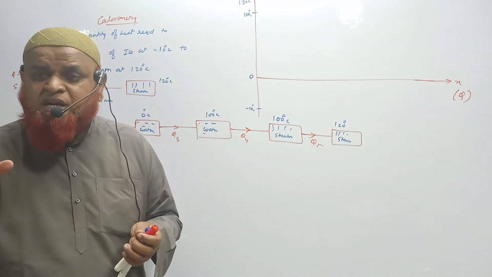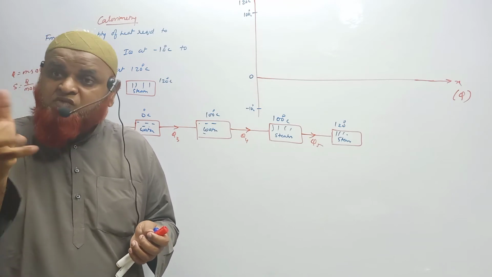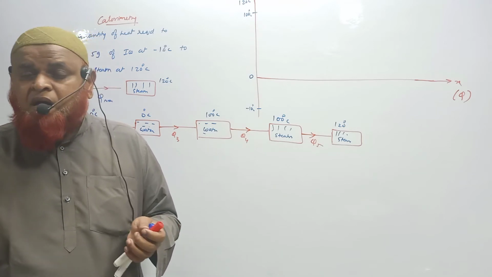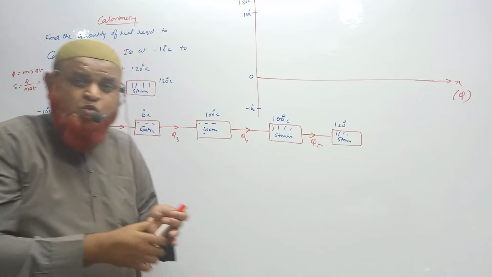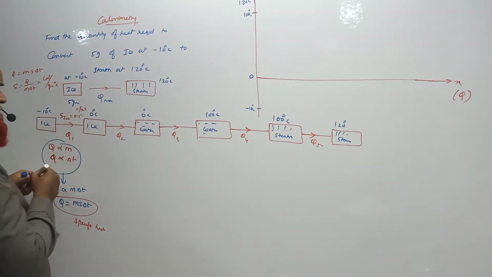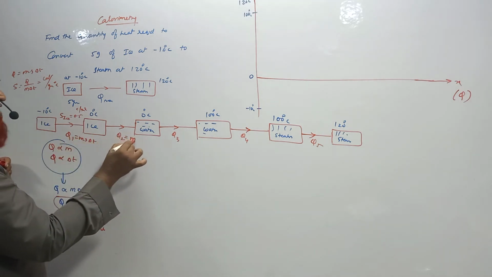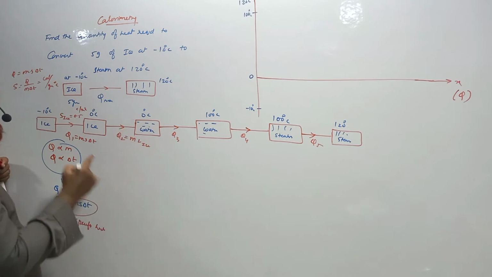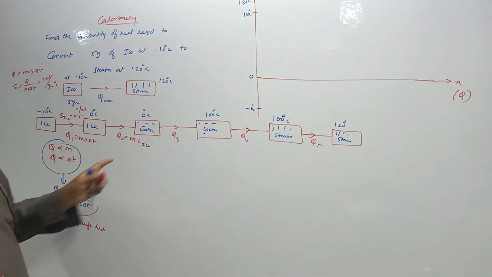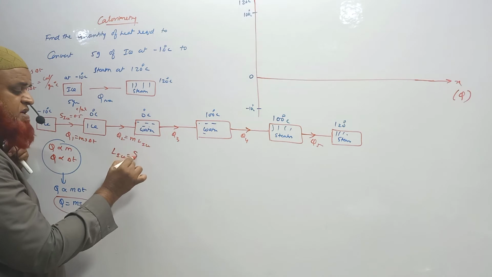Because whatever the heat you are supplying is not used to raise the temperature; it is used for conversion of ice into water. During this conversion, the complete ice gets converted into water. Till then, the temperature is not going to rise even a single degree. So first you are applying ms delta T, but in the second case you have to apply m into the latent heat of ice, because if you apply delta T here, 0 minus 0 will become 0. So the latent heat of ice you have to apply, and latent heat of ice is how much?